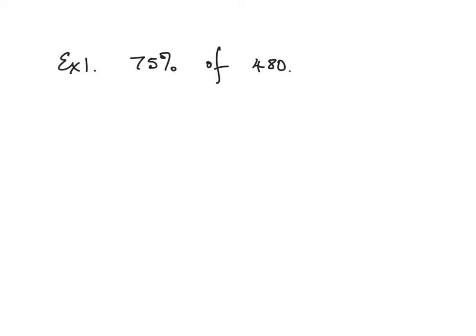Calculate 75% of 480. Well, 75% is 3/4. So what we're going to do is to work out 1/4, which is to say we're going to divide 480 by 4. 4 goes into 4 once, 4 goes into 80 20 times. So 1/4 is equal to